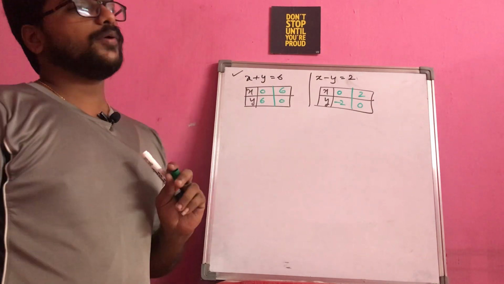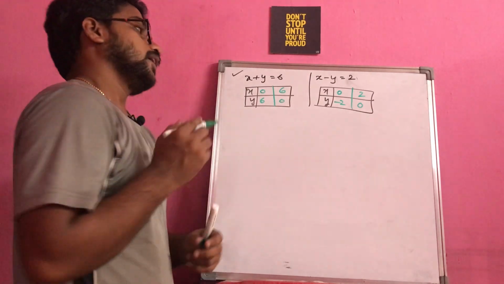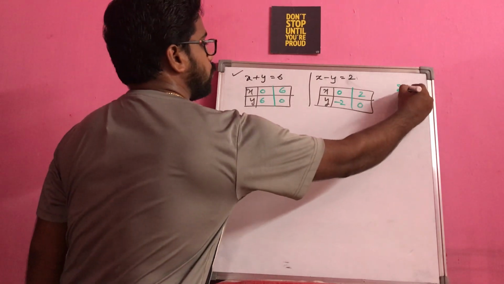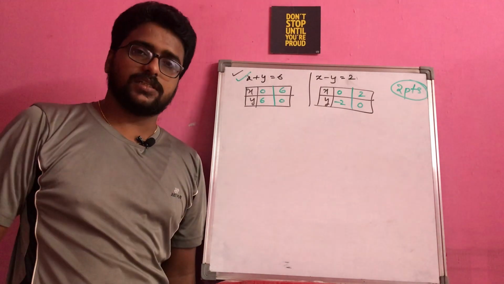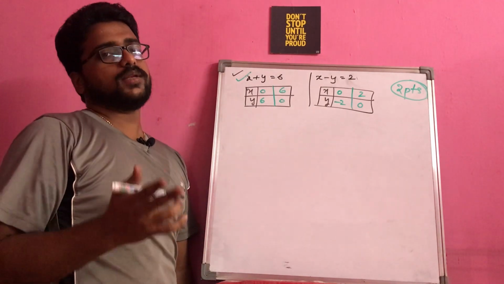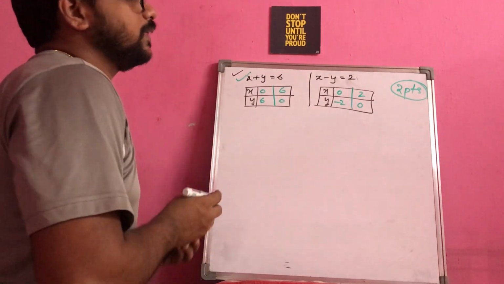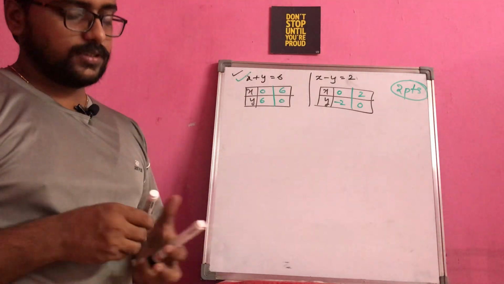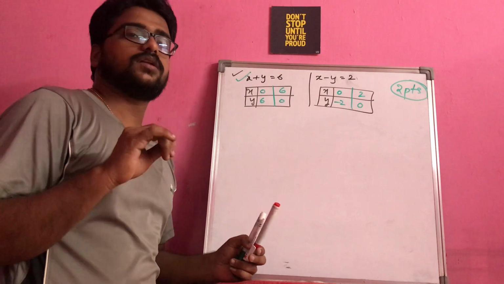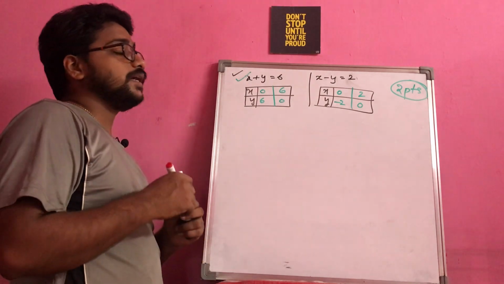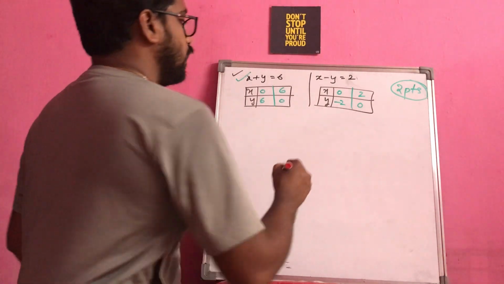So the important point that I want to tell you here, we need at least 2 points to represent a particular line in the graphical sheet. Why? Because you are having 2 variables, so you need at least 2 points to represent this on the graph sheet. So now let us make an attempt to represent and come to a conclusion whether we are getting the intersecting or not. So let us see.